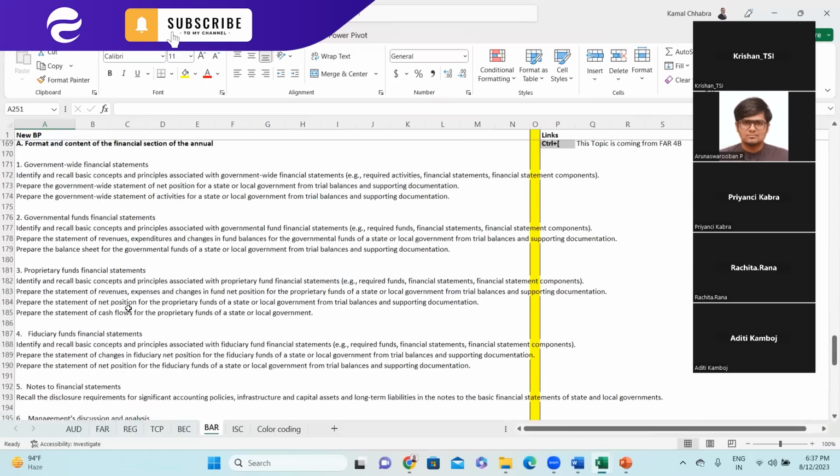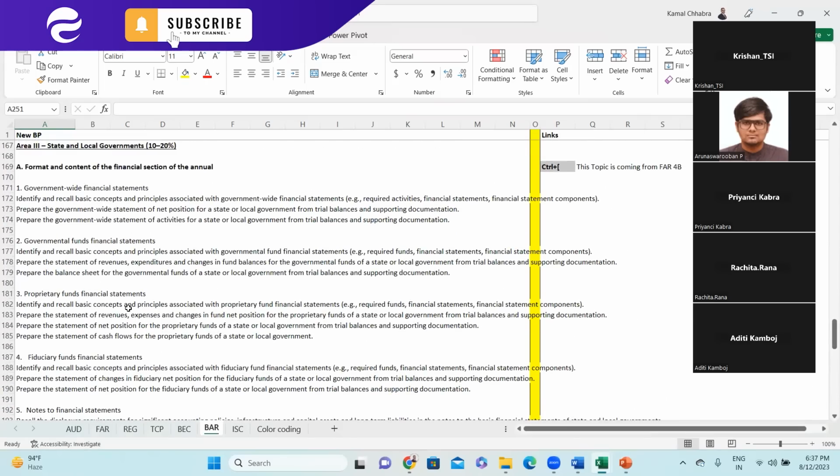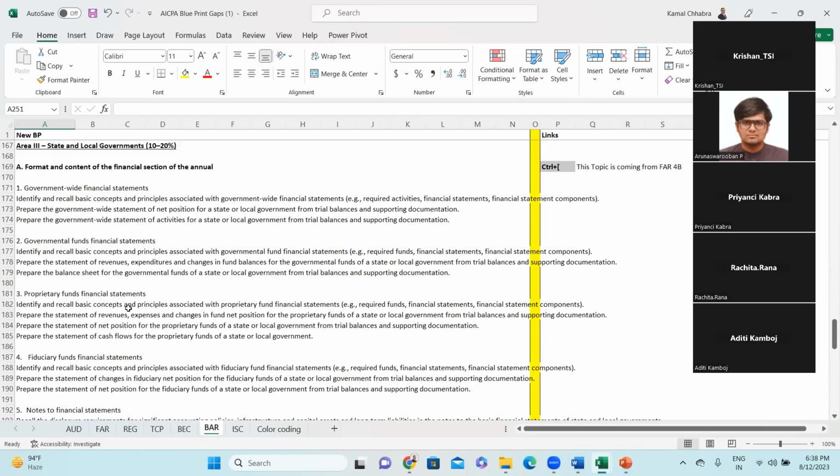So, in your college days, have you studied governmental accounting by any chance? Was it part of your college curriculum? No. Okay, no worries. So this is a new topic to which you have not been exposed. So you'll be investing a good amount of time in this topic as well, so that we all are on the same page. So now